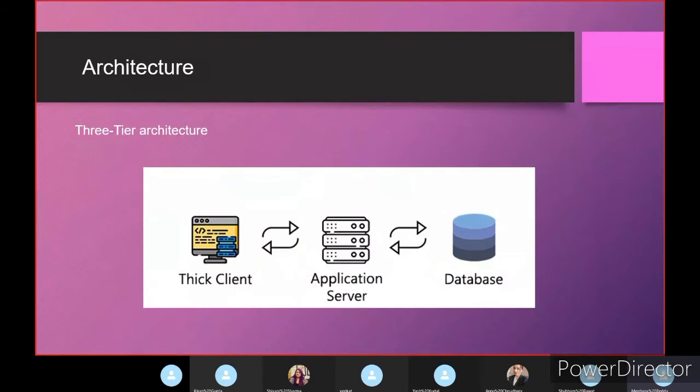Thick clients developed on 3-tier architecture have three components: client application, application server, and database. In this architecture, the client application communicates with the application server over HTTP or HTTPS protocol, and the application server in return queries a database to fetch or store the data.